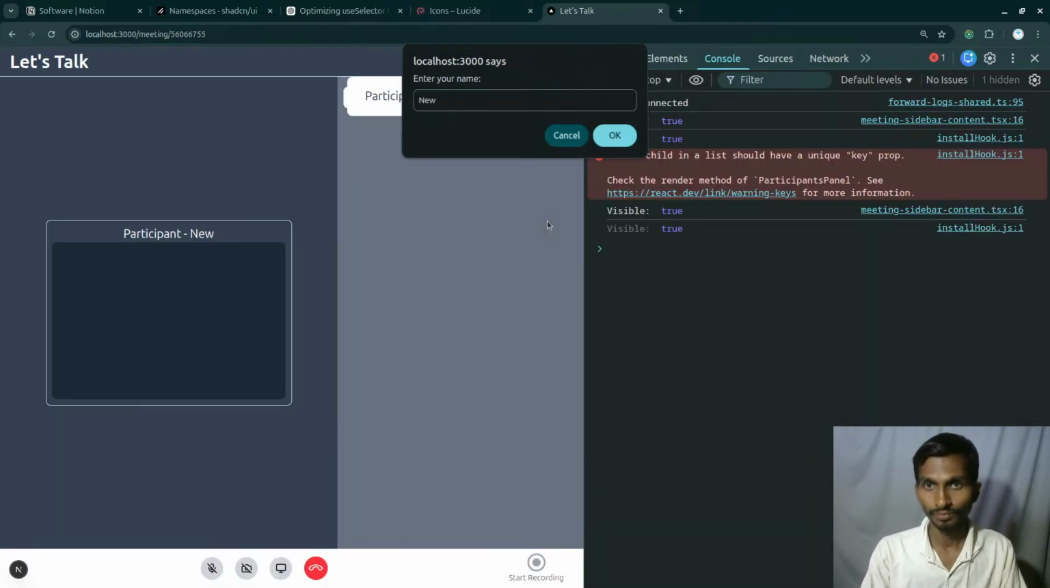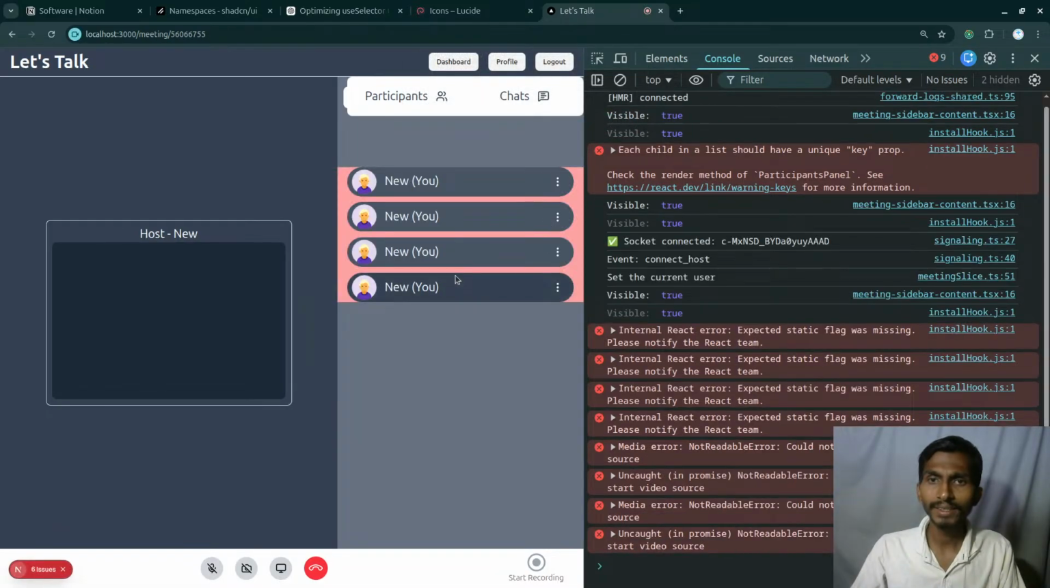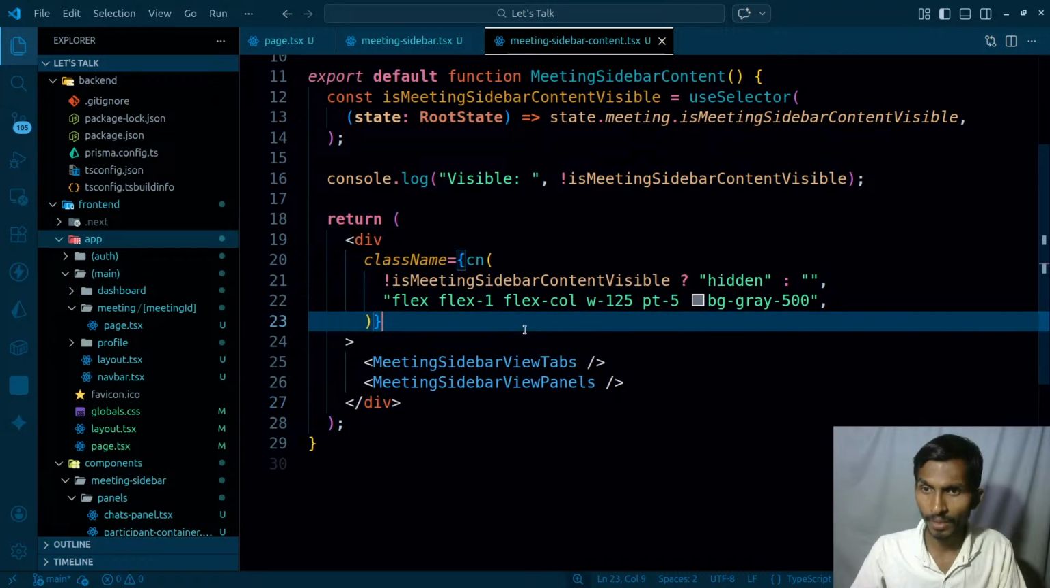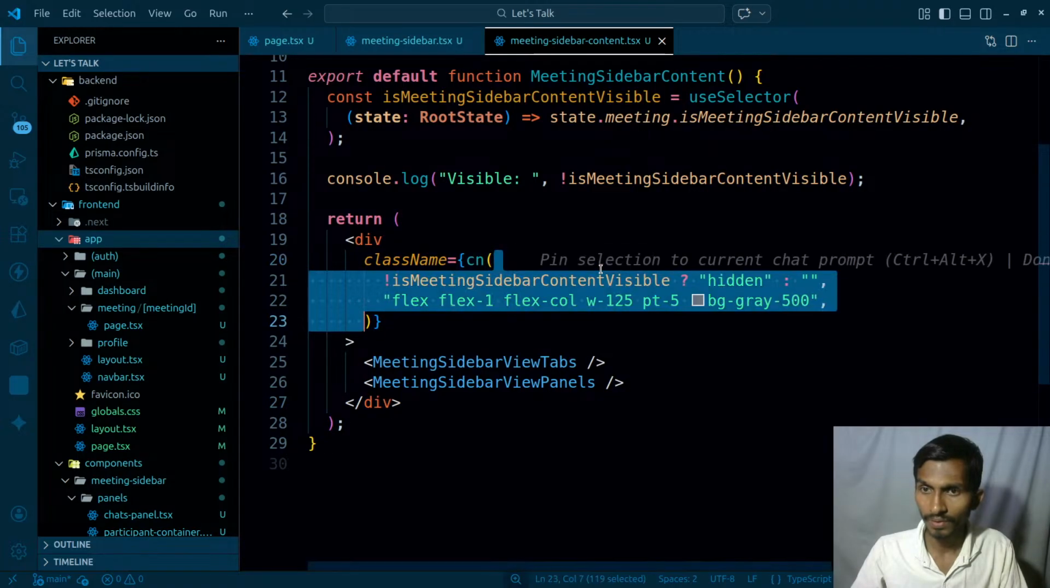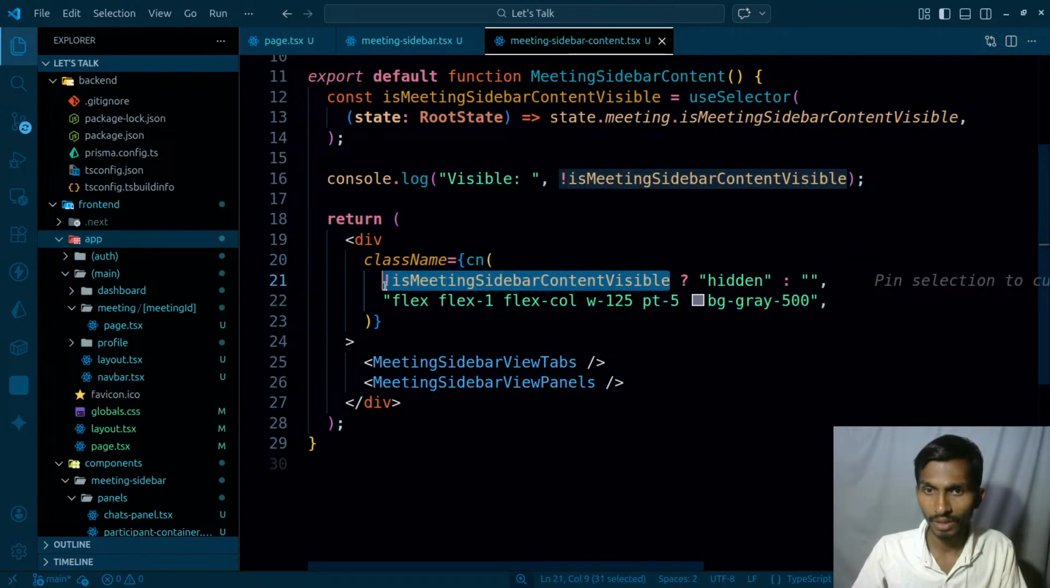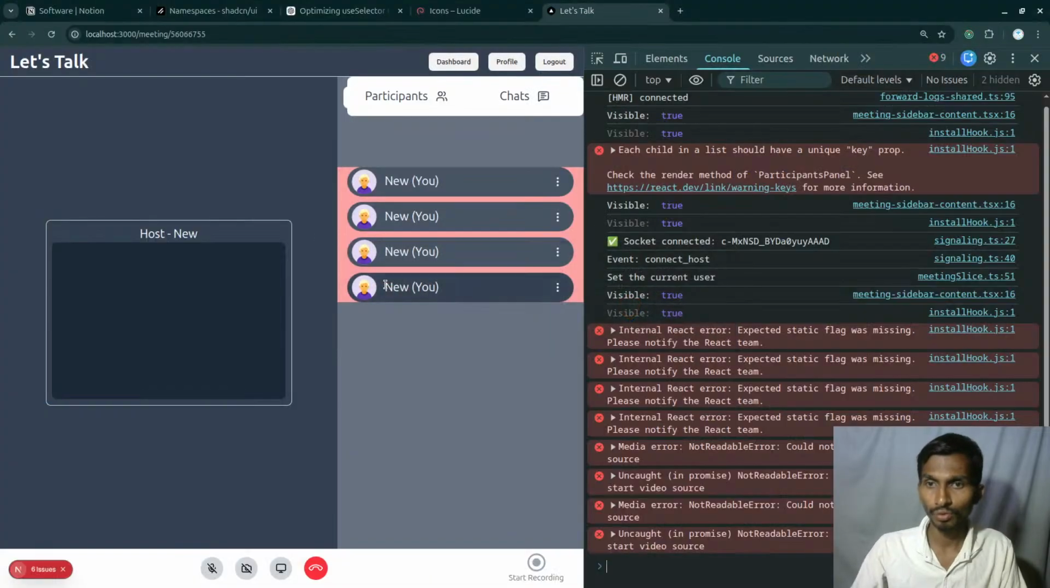New name, still getting that. The visible actually becomes false ultimately. Still not able to connect, that is fine, not really a big problem. But if I actually make it true over here, then what will happen? If I actually make it true,